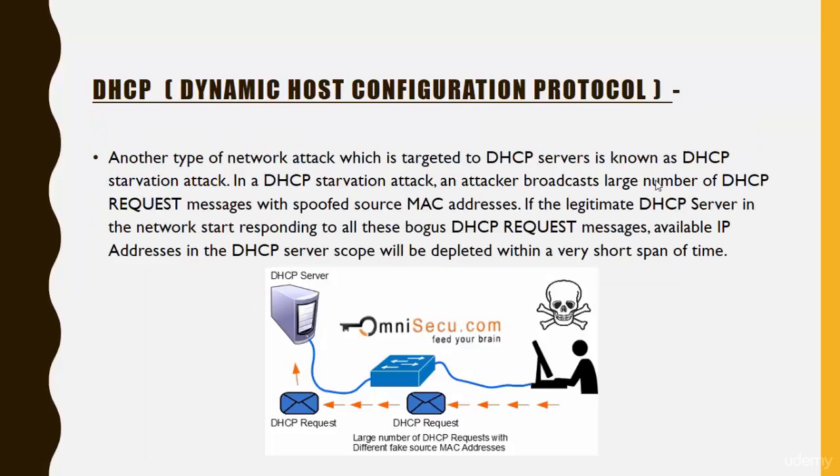What is DHCP? DHCP is Dynamic Host Configuration Protocol. Another type of network attack which is targeted to DHCP servers is known as DHCP starvation attack. In a DHCP starvation attack, an attacker broadcasts a large number of DHCP request messages with spoofed source MAC addresses. If the legitimate DHCP server in the network starts responding to all these bogus DHCP requests, they are flooding the DHCP server, and that's why the DHCP server is busy and it cannot give IP addresses